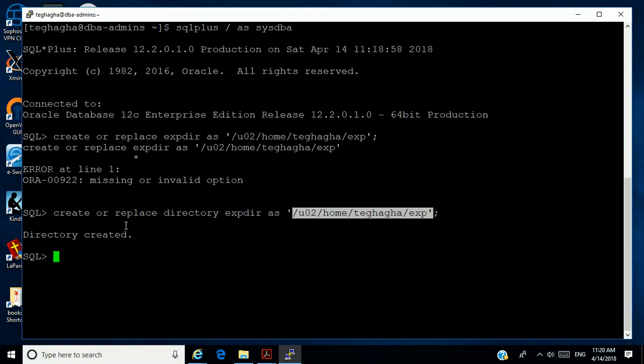And again, remember that you must have permissions to that directory. If you try to create a directory in a place where you don't have permissions, you can tell somebody with another privilege or in another group to create a directory for you, and eventually you might not be able to access that directory if you don't have the permission.